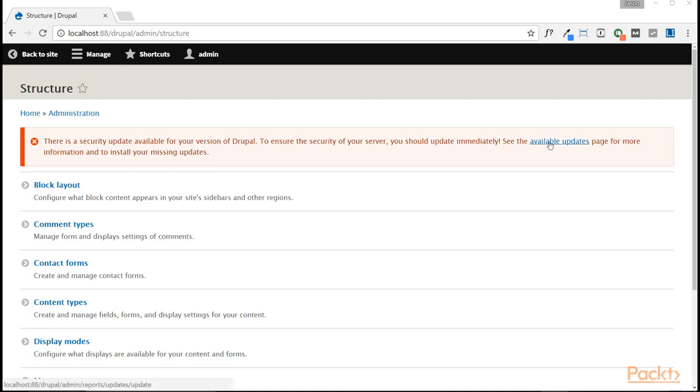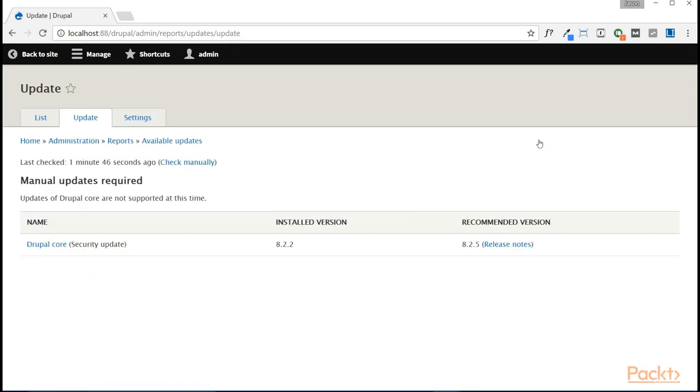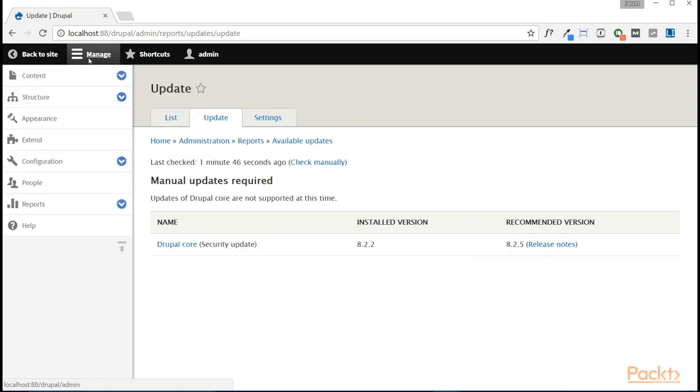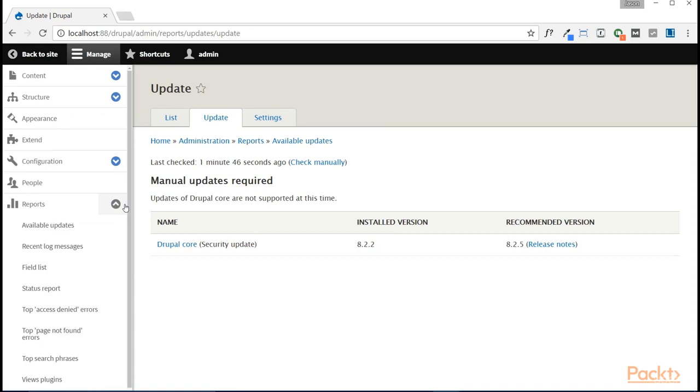Now, to check these updates, we need to click the Available Updates button. Now, once we're here, we can see that it's telling us that Drupal core is out of date. Now, there is also another way to check for this to see a little bit more about what's possibly out of date. And if we come up here to Manage, and we open the tab on Reports and click Available Updates,